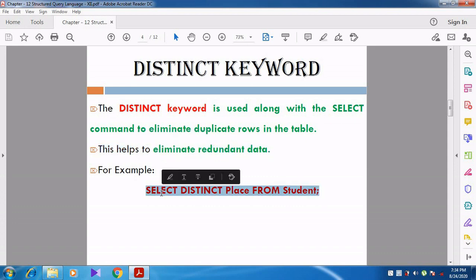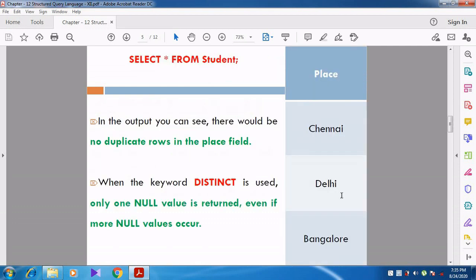If you see the example, select distinct, and which column have they selected? They have selected the place column, that is the place field, from the student table. Now when this keyword is applied, instead of select star from student, it displays the places Chennai, Delhi and Bangalore.